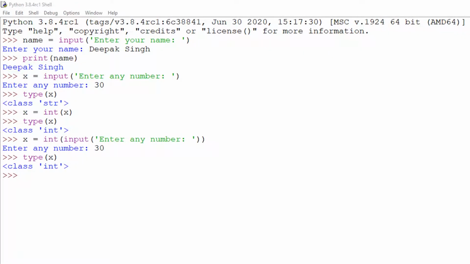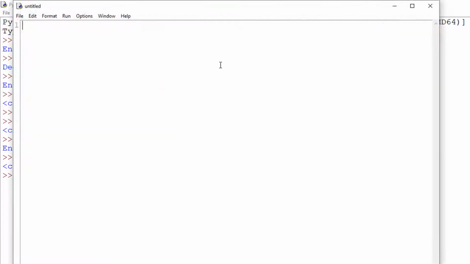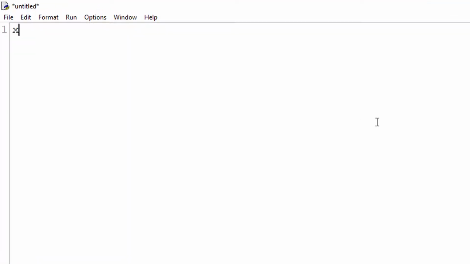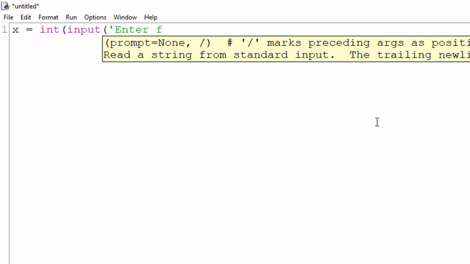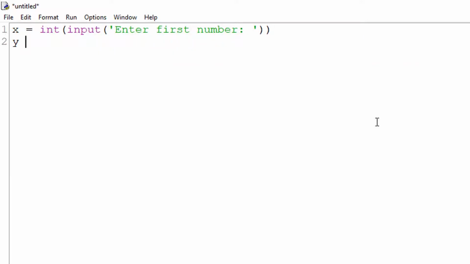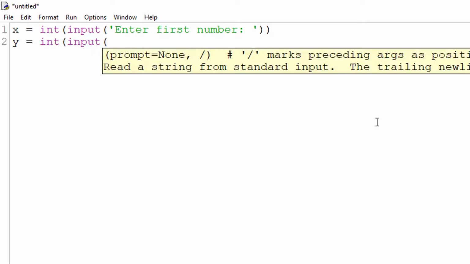Now I am going to create a program that asks the user to input two numbers, calculate total and print the total on screen. To do this, click on file, then new file. Now create a variable x to store first number given by user and create another variable y to store second number.